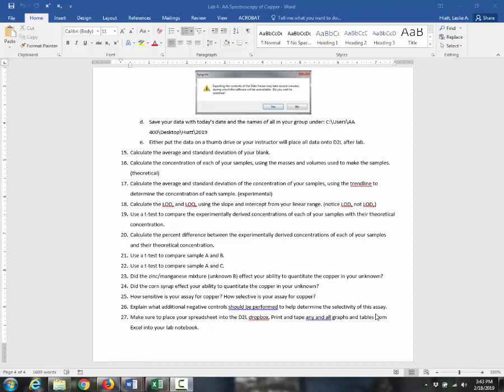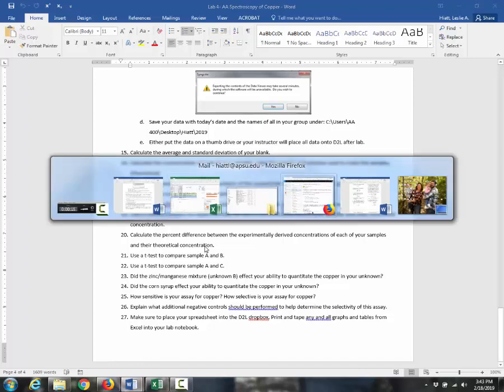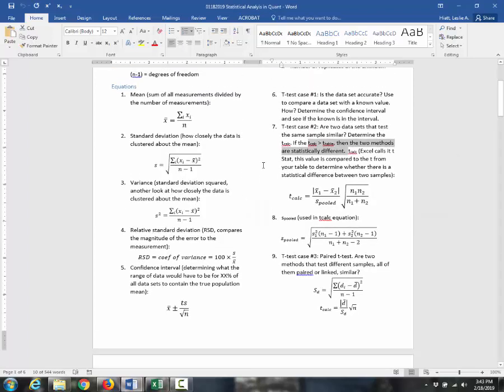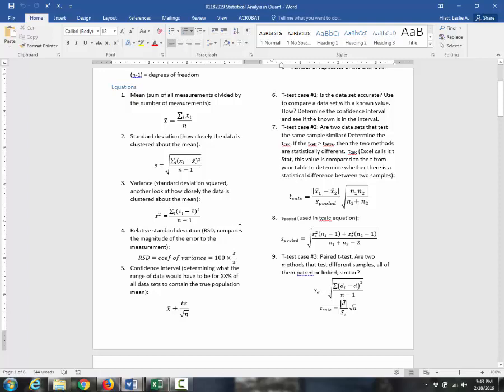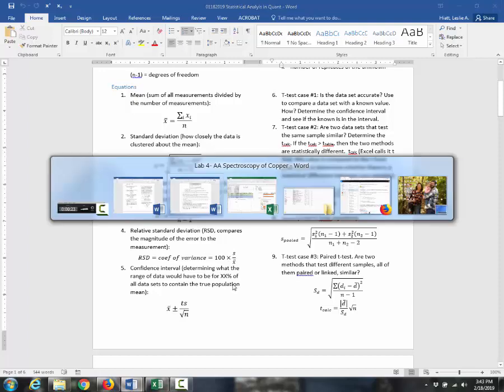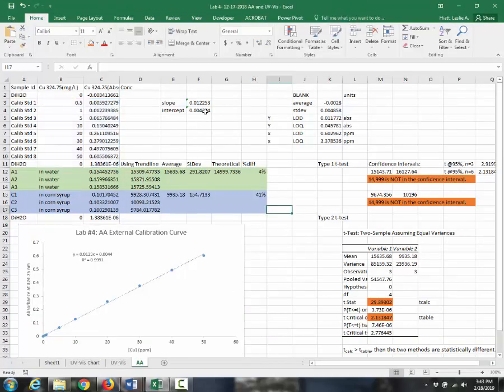As you're working on Lab 4, I wanted to give you some pointers on things that might help you do your data analysis. Now this is the sheet. Some of it's a little easy to do, like calculating the average and standard deviation, and other things you're going to want to remind yourself of this worksheet right here, which reminds you of how to do the different t-tests and statistical analysis. So if we go to our data, for instance, we've got things such as what is the average of my blank, we have what's the standard deviation of my blank,